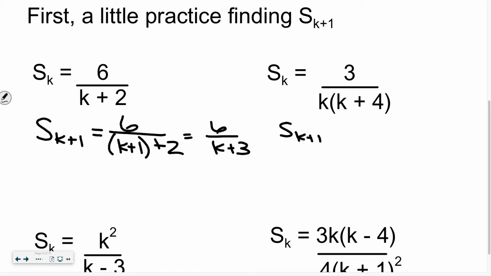So I now have multiple k's. No k in the numerator, so it stays 3. But in the denominator, this first k, I'm going to protect it. It's being multiplied, so I'm going to put it with parentheses, k plus 1. That first k became k plus 1. Okay. And then sometimes, I'm going to do a little bit of work here in my head. I'm going to put k plus 1 in for this second k, and k plus 1 plus 4 is